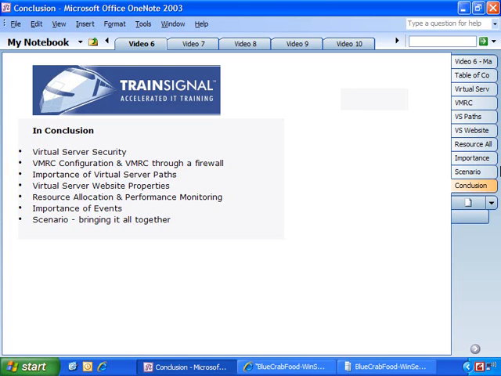succeeded or failed. And then finally, in our scenario, we brought it all together with two Windows 2003 servers and a Windows XP workstation, all running at the same time, all being viewed by VMRC consoles on the same screen at the same time, and how you can configure all those to talk together on their own virtual private